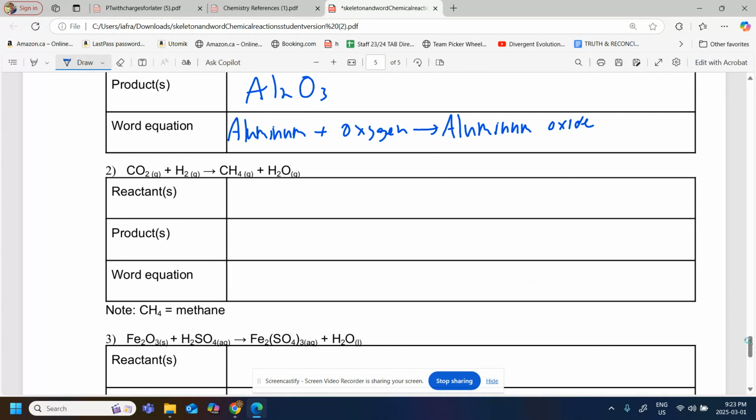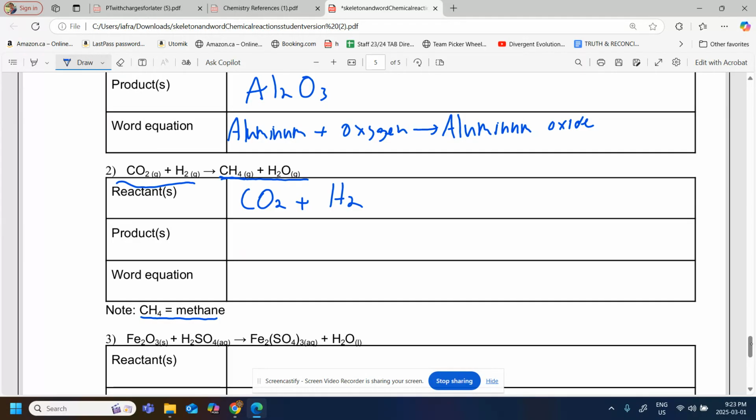So the reactants on the left side over here are CO2 and H2. The products are CH4, you could say carbon tetrahydride, but I put a note here that it's actually called methane. Now you don't have to write it in words right now, you can write it simply in formulas, and later on we'll do words. So CH4